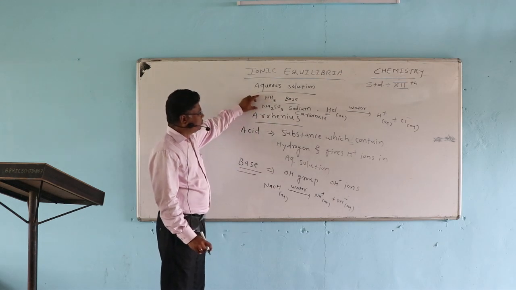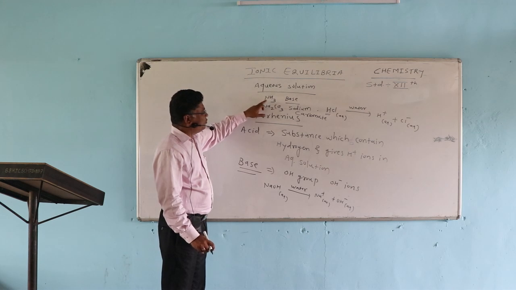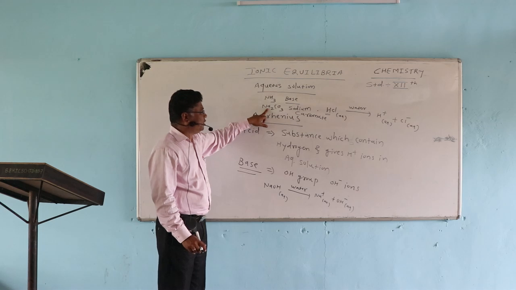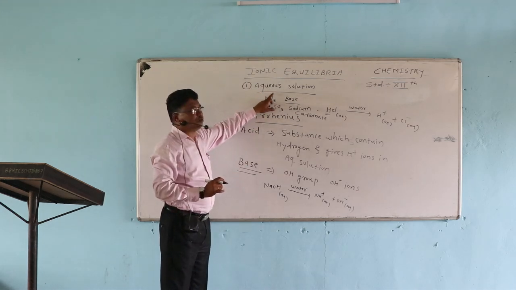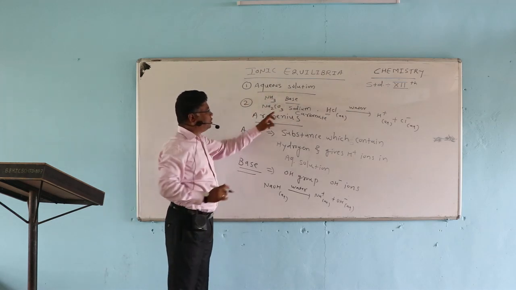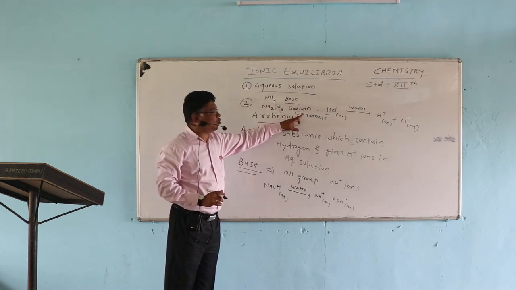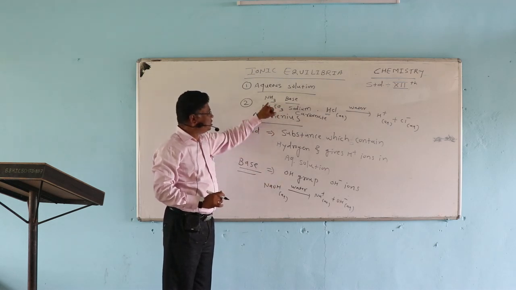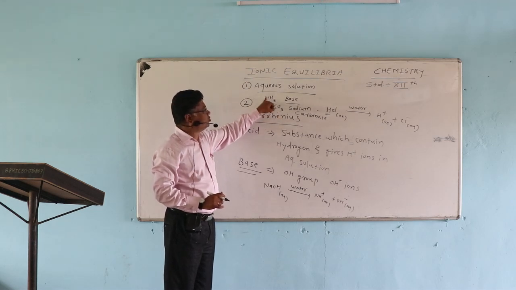But here, the drawback of Arrhenius theory is that the basicity of ammonia and sodium carbonate cannot be explained by scientist Arrhenius. First important drawback is that it is only useful for aqueous solution and it does not explain the basicity of substances like NH3 and sodium carbonate, because NH3 does not contain OH, still it is a base. This was not explained by